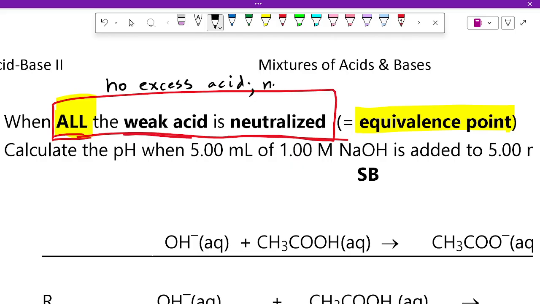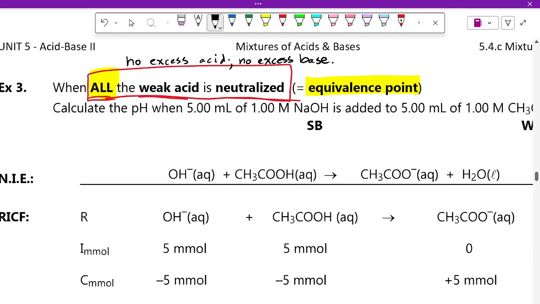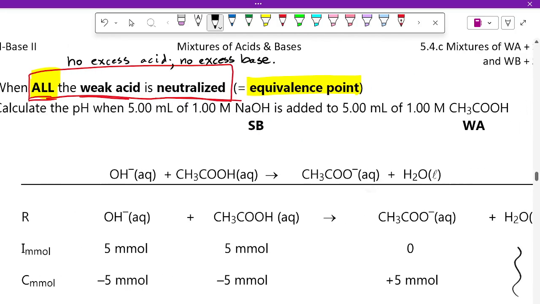There is no excess base. So what we are going to do is calculate the concentration of the mixture when 5 milliliters of 1 molar NaOH